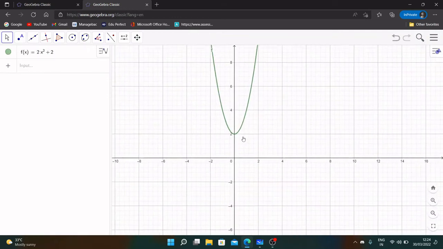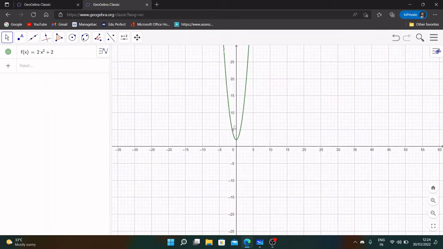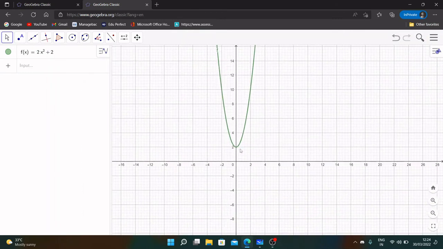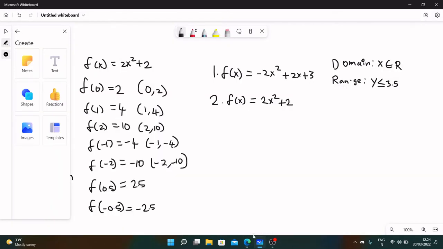This gives us a concave up parabola, and again this parabola also goes on forever, which means it keeps getting wider and wider as you go up. If you notice, it's wider at this point than this point, which means it covers all possible x values again. So our domain for this one is also going to be x belongs to R,